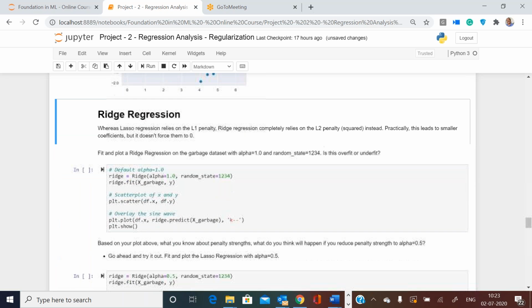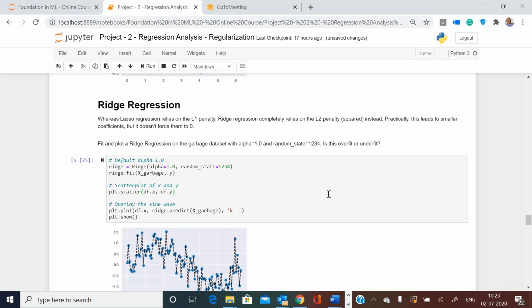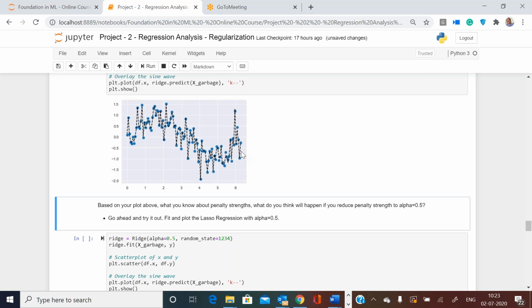Now let us work on the same problem with ridge regression. Here I am invoking ridge with default alpha equal to 1.0, but in ridge, the beta j square terms are added. Keep that in mind, we already talked about it. It is simple linear ridge regression on our data set of x, G1 to G99 and Y. Using that I am training this ridge algorithm. Then it is very overfit.